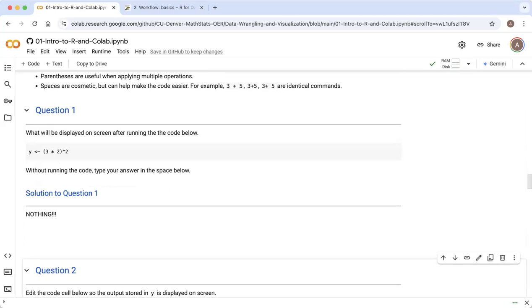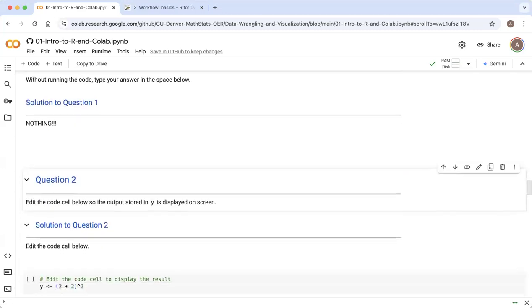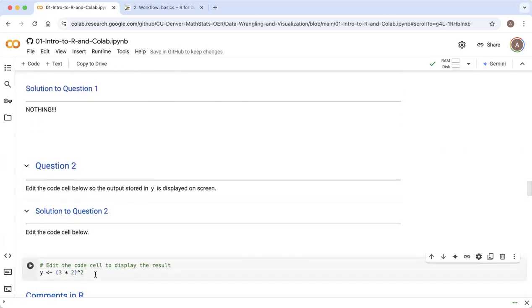This is just going to do the computation, but not print it on the screen. So if I want to take this operation, 3 times 2, that is 6, raise it to the second power, 6 squared gives me 36, and I want to check that calculation, make sure that it's being performed correctly, and I want to see that 36 that is stored in y printed on the screen,